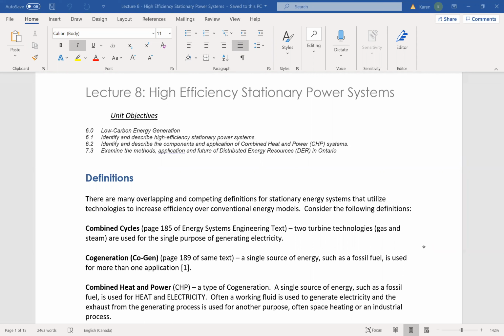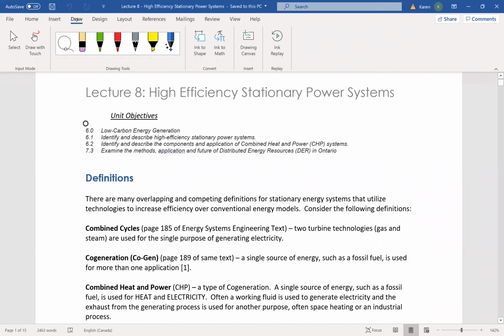We're starting to look at low carbon energy solutions. And when you're talking about low carbon energy solutions, you could draw a bit of a Venn diagram. Low carbon energy solutions, of course, a lot of people think about renewable energy systems. But